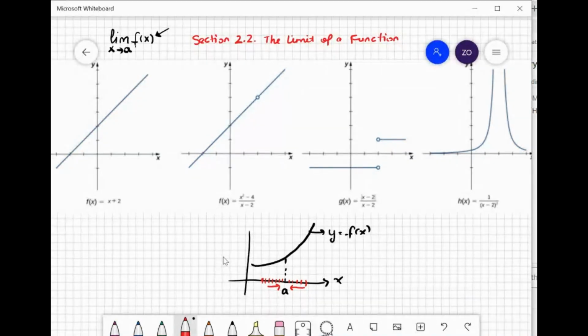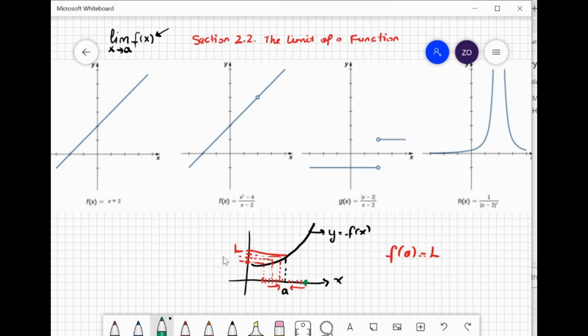So let's say you pick this number on the x-axis, then the function value f of x equals this value. If you get closer to a, you pick another number, you find another value on the y-axis. You keep getting closer to a, and what happens to the y values? Are they getting closer to some value? Let's say this is the capital L value. So in this case, we can say that f of a, the function value at a, equals capital L,